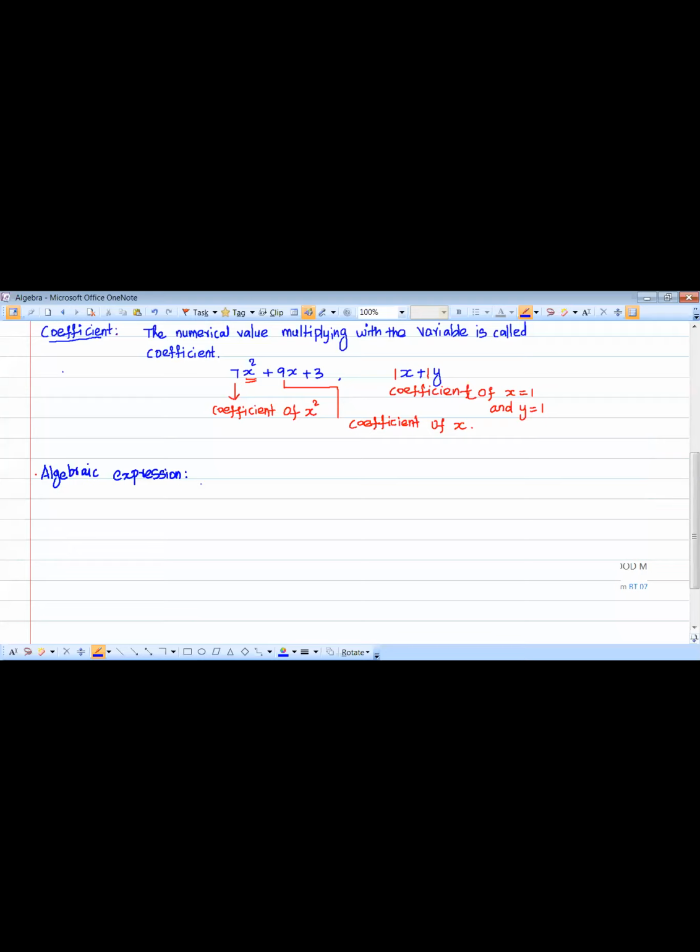Algebraic expression, a combination of constant, so it is a combination of constant and variables